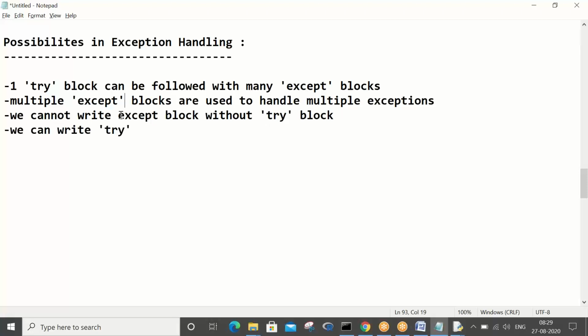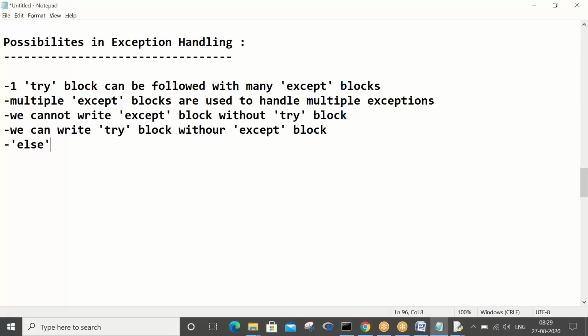We cannot write an except block without a try block. We can write a try block without an except block.